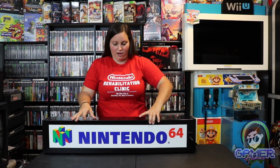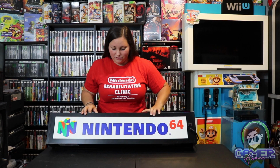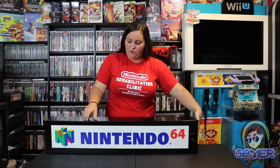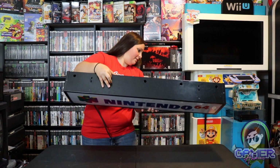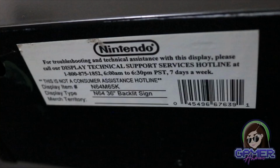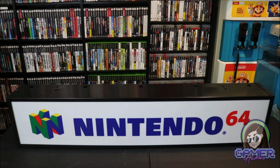So they probably just had these made, just changed out some of the different colors, and had a couple different signs. And then the cool thing is on the bottom part, which I'll go ahead and flip back around. On the bottom part of this sign, there's actually this Nintendo sticker, and it says, "For troubleshooting and technical assistance with this display, please call our display technical support services hotline at," it lists a number,